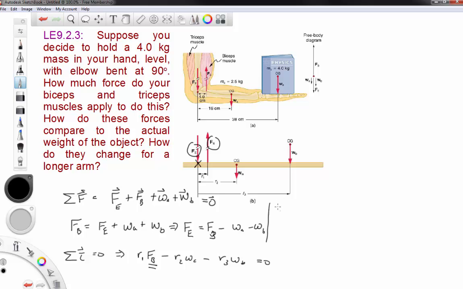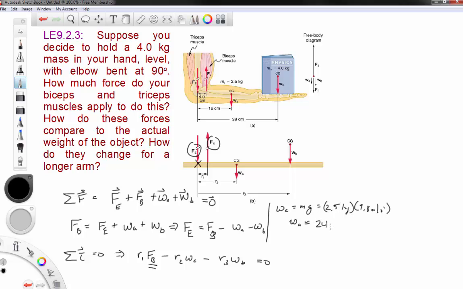Now note, the weight of the arm is given by the mass of the arm times the gravitational acceleration. Mass of the arm was given up here as 2.5 kilograms. So this is 2.5 kilograms times 9.8 meters per second squared. So the weight of the arm is going to be